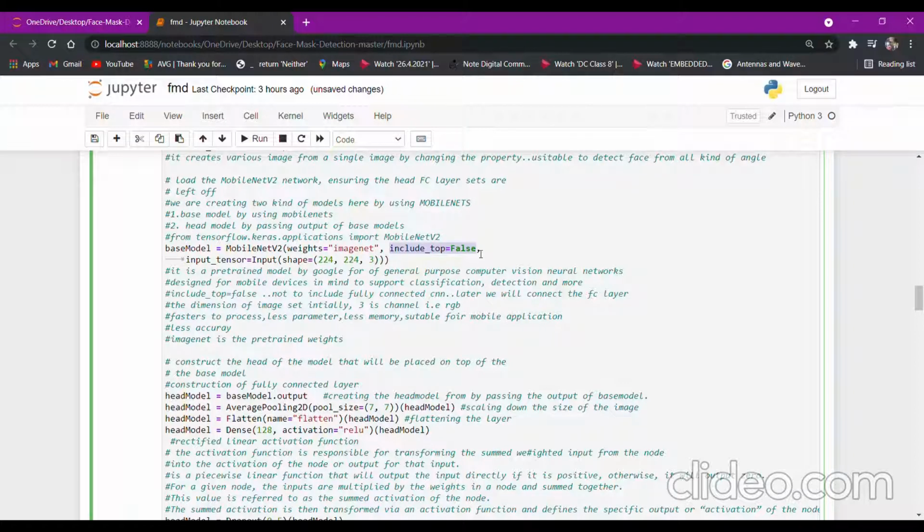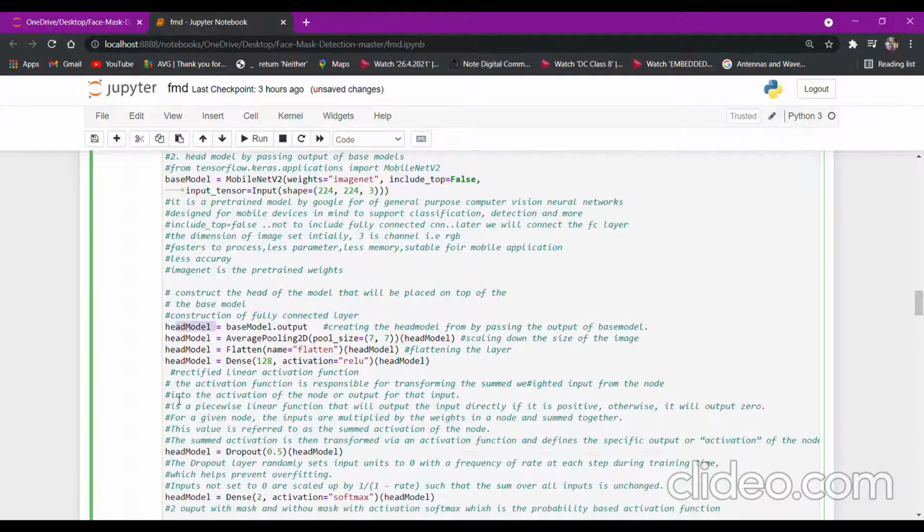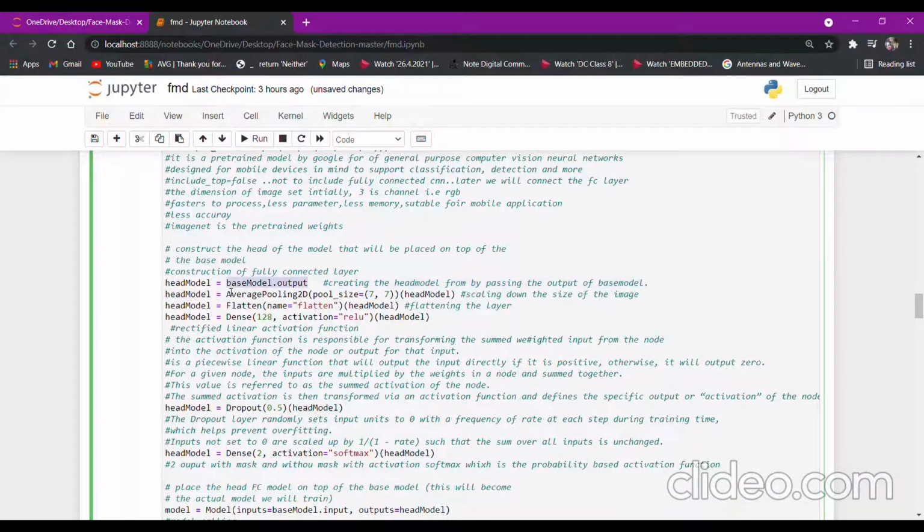Therefore we have given it as false, because we are rather interested in creating our own fully connected layer, and that is the head model. We are passing the output of the base model to the head model, and we are scaling down the images to 7x7. We are flattening them, and then we are applying dense to them with the activation function called ReLU. An activation function is nothing but something that makes use of the summed weighted inputs from the node to produce the activation of the node, or the output for the specified input.